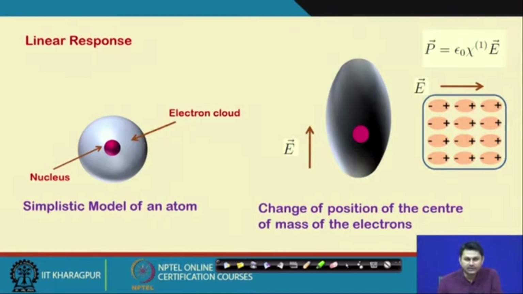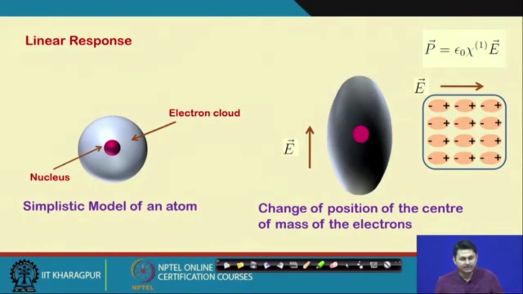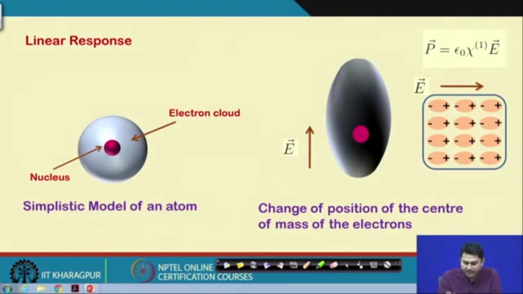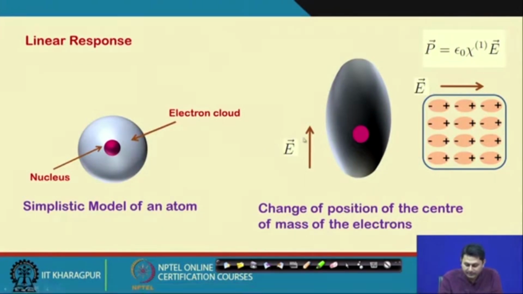So, once this electron cloud is shifting from this nucleus, which is defined by the red dot here, there is a separation between the charges. The charge will be separated because the center of mass of the electrons has now moved to a different position somewhere here. Say the nucleus is sitting here,